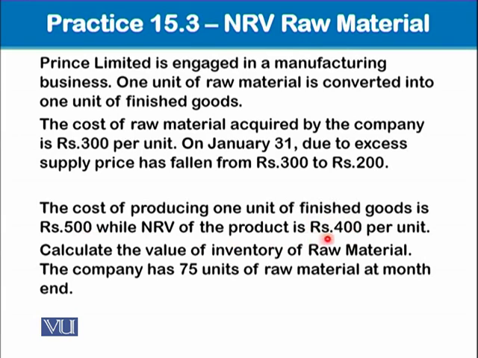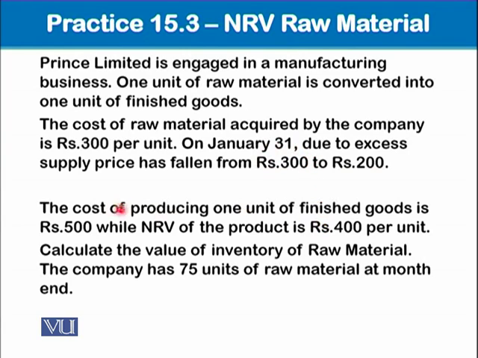We will be able to recover only to the extent of 400. So when the net realizable value of the finished goods is lesser than the cost of that finished goods, what to do? We will measure our raw material at its net realizable value, because we cannot recover all of the cost,